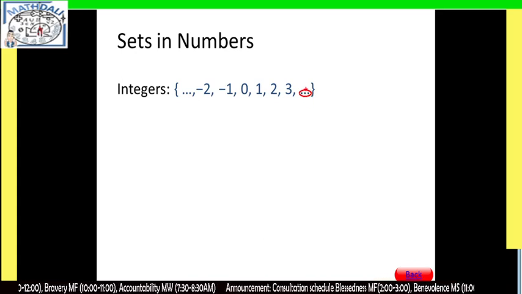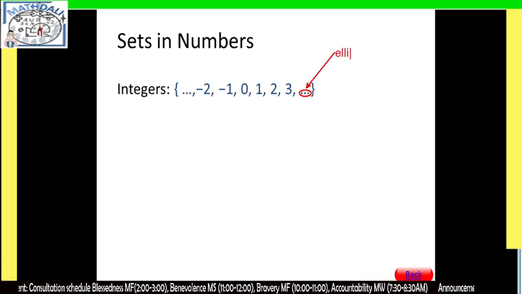That is what we call the ellipsis. Sobrang laking text. Tawag dyan ay ellipsis. So, pag may nakita kayong tatlong dot na ganyan, ibig sabihin that